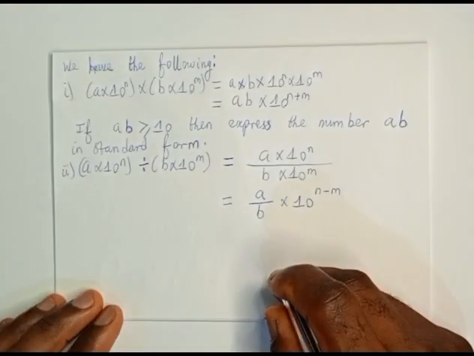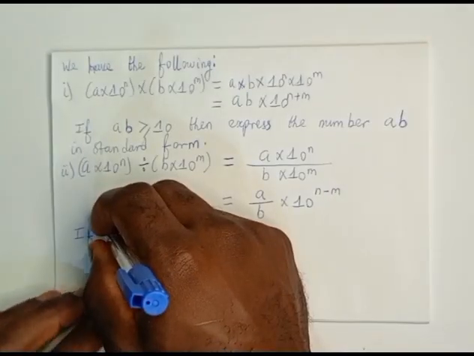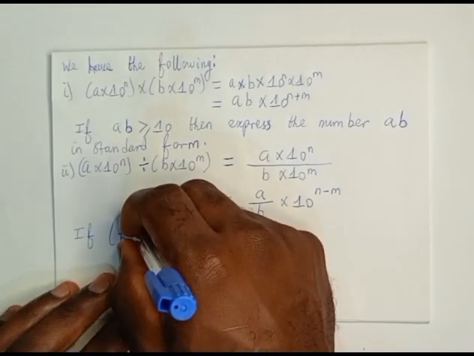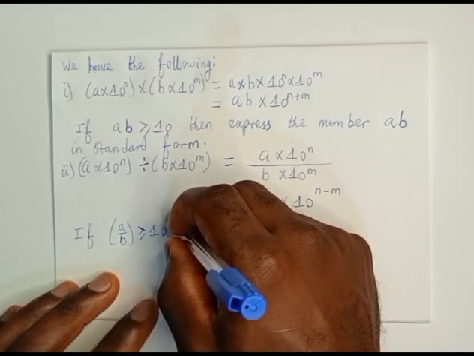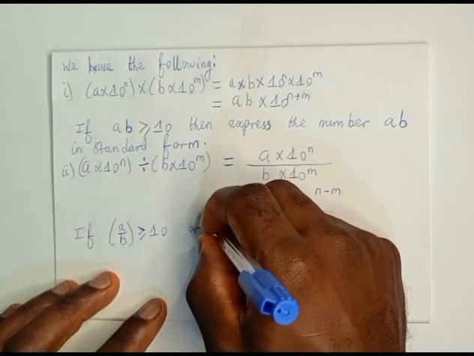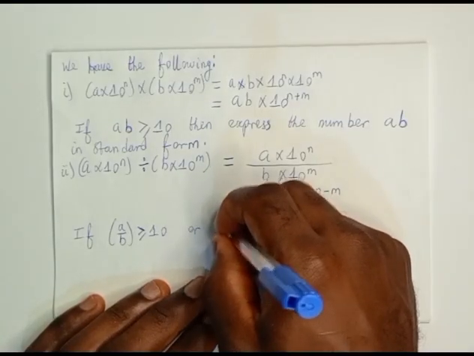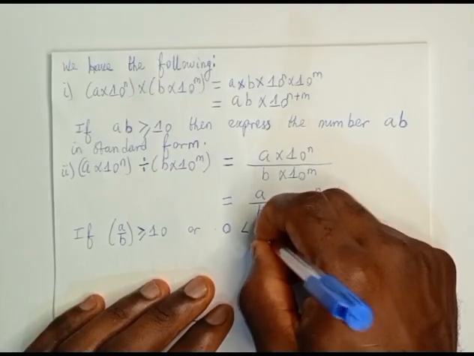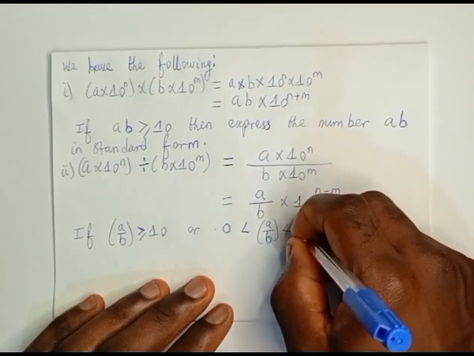We subtract the powers. If the quotient A over B is greater than or equal to 10, or if the quotient lies between 0 and 1, exclusive,